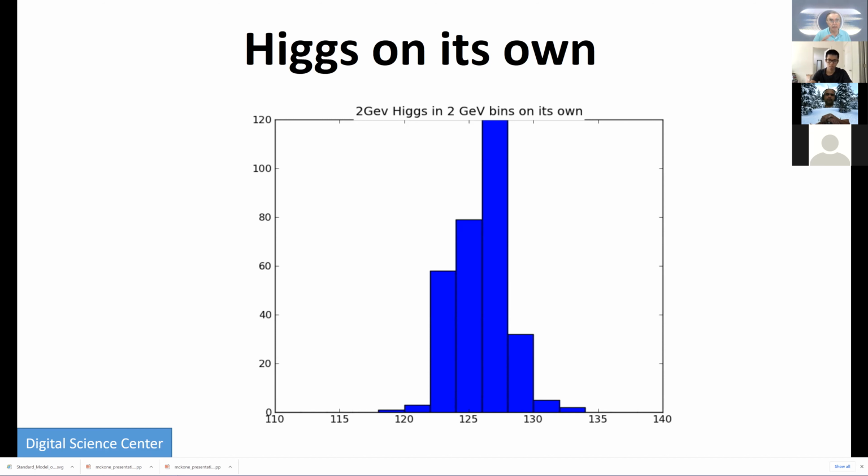that decay, due to quantum mechanical uncertainty, smears out its mass and gives it a width. But that width is quite small, less than 10 MeV. And so it's tiny compared to the size of these bins here. Here we have 2 GeV bins. So the width of the Higgs as observed is nothing to do with its quantum mechanical width. It's entirely due to its measurement uncertainty, because you're calculating